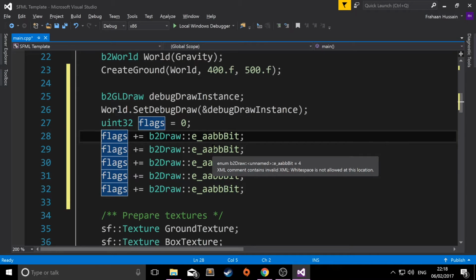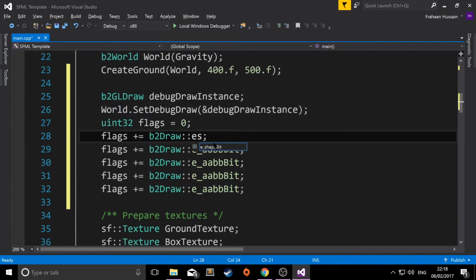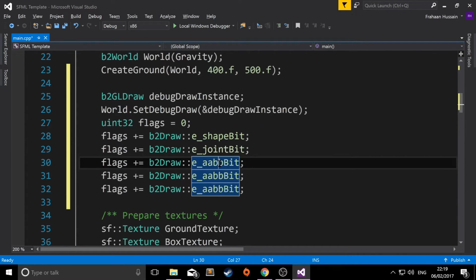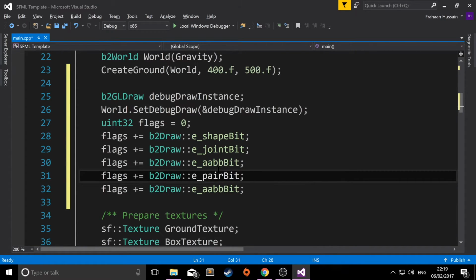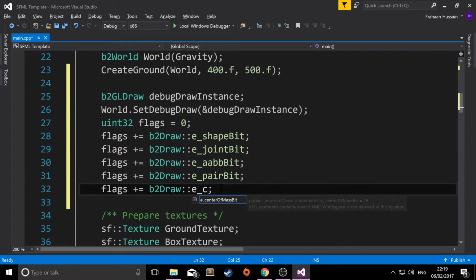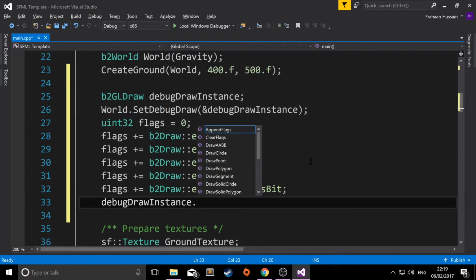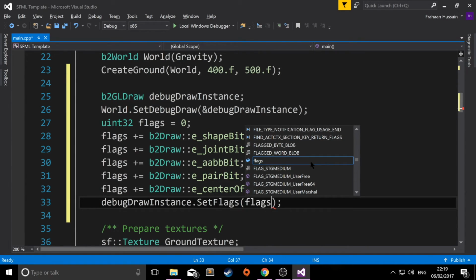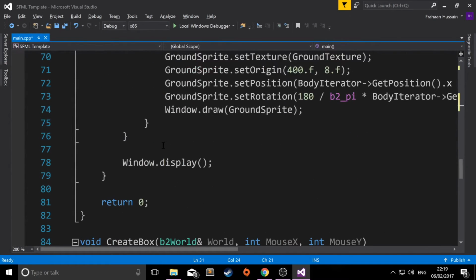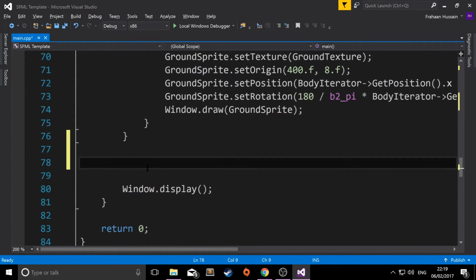So now that we've done that one, we want e_shapeBit, e_jointBit. Doesn't really matter what order they are. e_pairBit, and finally e_centerOfMassBit. The only last thing we need to do is apply these flags to our debug draw instance. So debugDrawInstance.SetFlags, I should say. We pass in flags, scroll down, and just before we do window.display, we just need to do